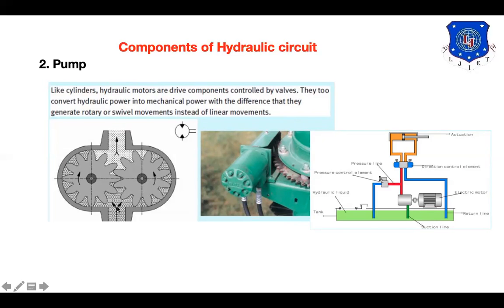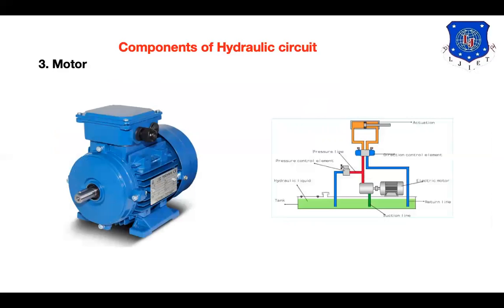In this suction region, the working fluid will get trapped in the teeth. One gear will be the driving member, another will be the driven member. So it all gets trapped in between the different teeth, and it will be sent in the particular direction, to the direction control valve.